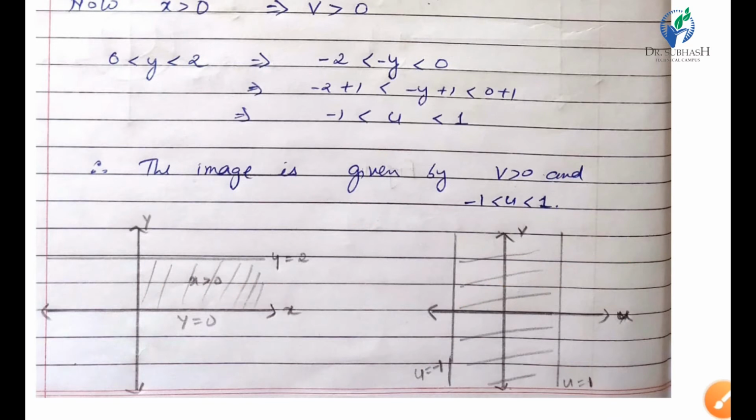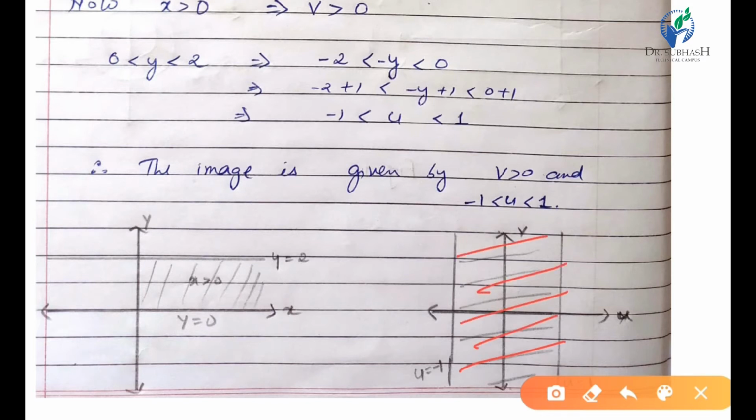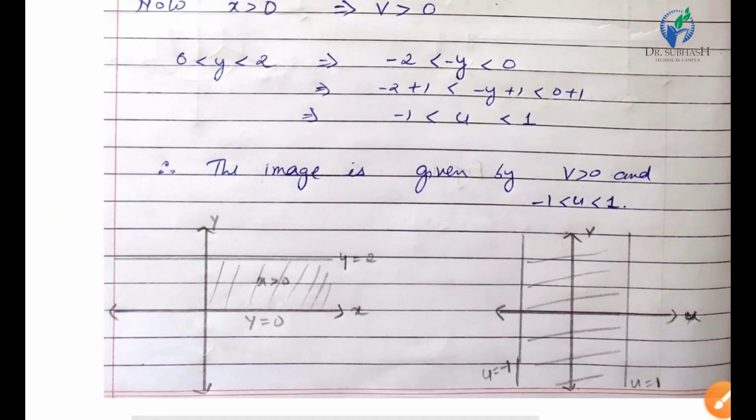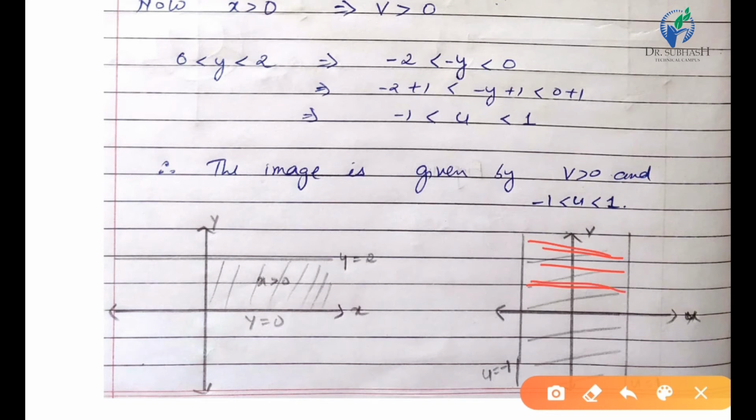See, I have here done the whole portion, just to indicate that the full portion will be this much, but what we have to consider is v greater than 0, so only the above portion will be our given image. I hope you are clear with the topic of mapping or transformation, how to convert the given equation from z plane into w plane.